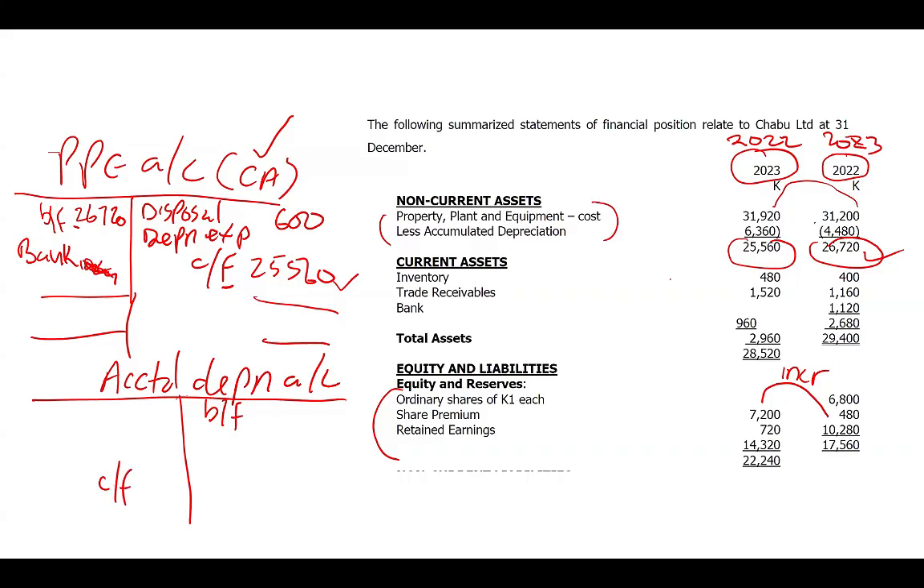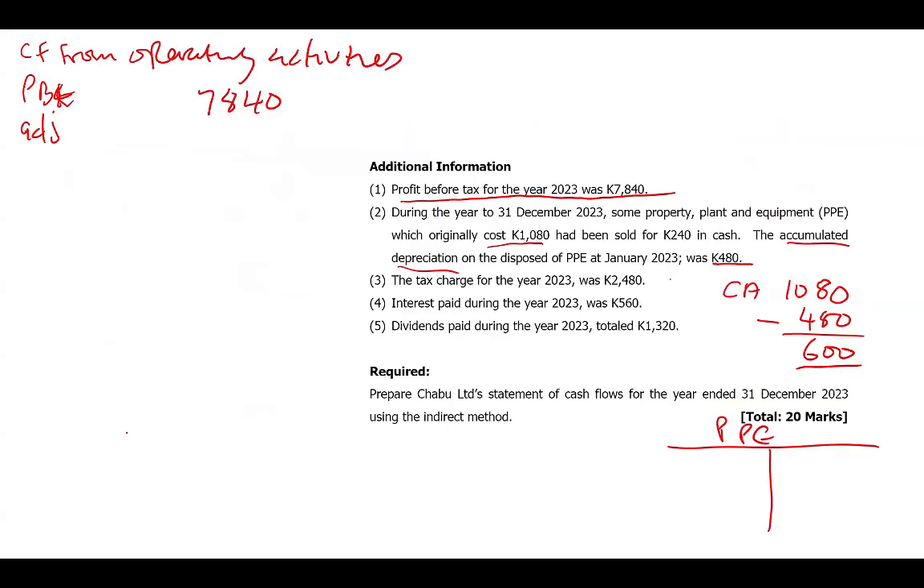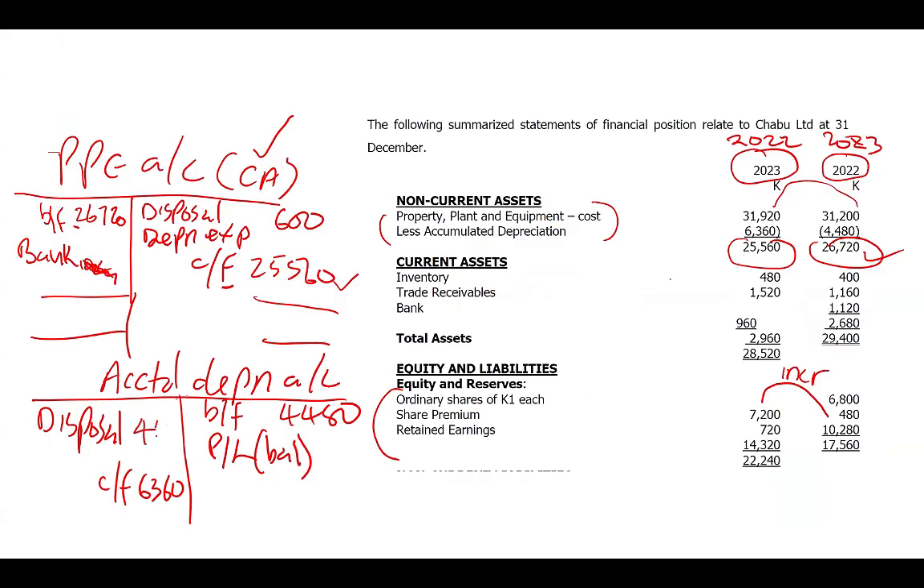Here, 4480 is brought forward, 6360 is carried forward. Then the P&L charge will be the missing figure on this account, the balancing figure. Then the depreciation of what was disposed of comes here. And so here we have been given in the note the depreciation of what was disposed, the 480. So once I put this 480, the missing figure on this account is the depreciation expense for the year. So plus 6360 minus 4480,